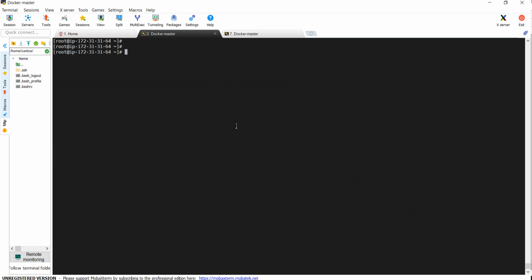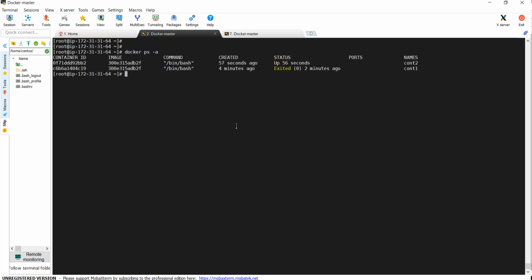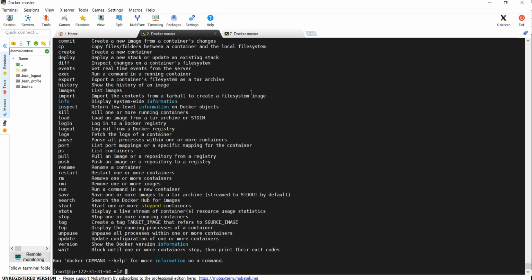If I want to go into my container again, I can run docker exec -it. This command is common for daemon and raw containers. Then the container name, container2, and then one more bin bash. Now see what happened.